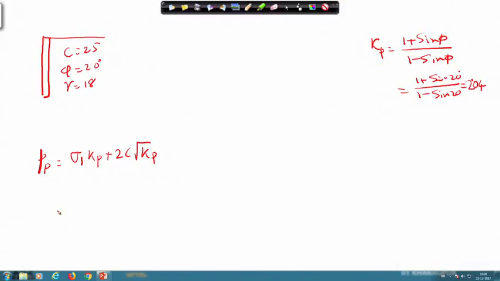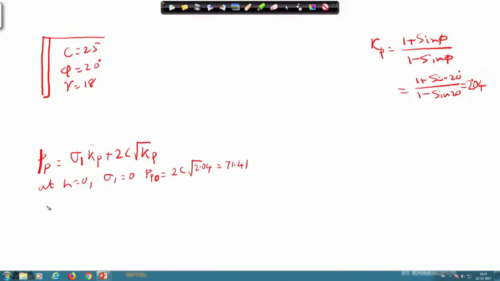At H equal to 0, sigma 1 equal to 0, so Pp0 will be, this portion becomes 0. So, it will be 2C multiplied by root Kp, with Kp 2.04. That value is 71.41,